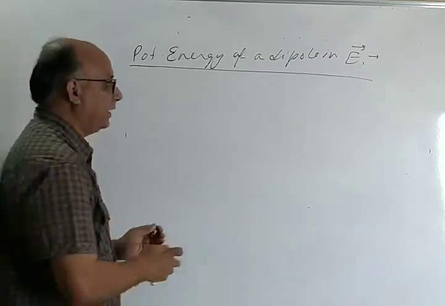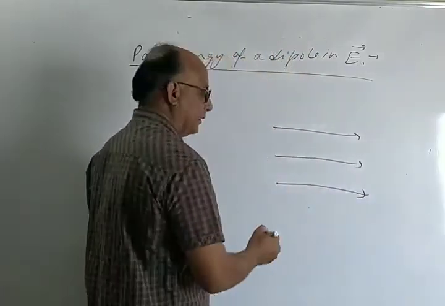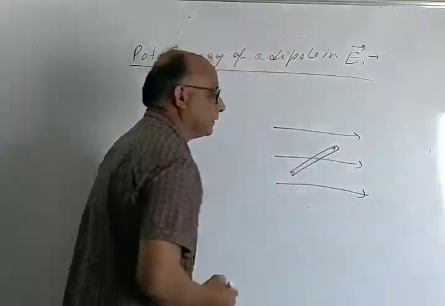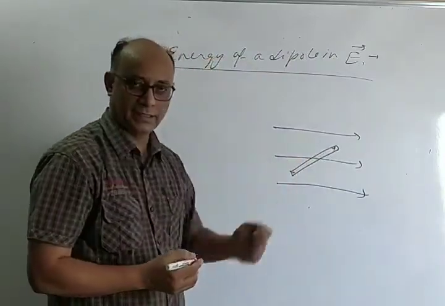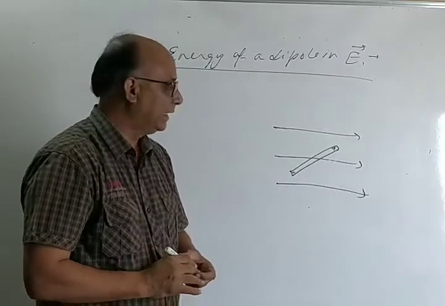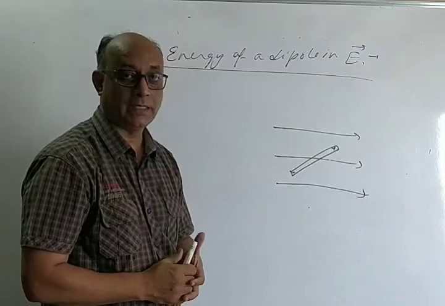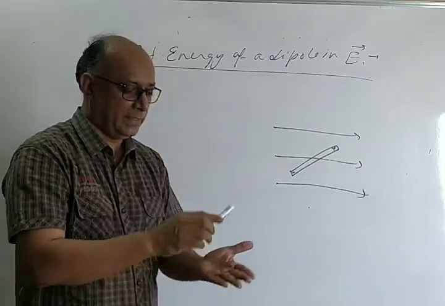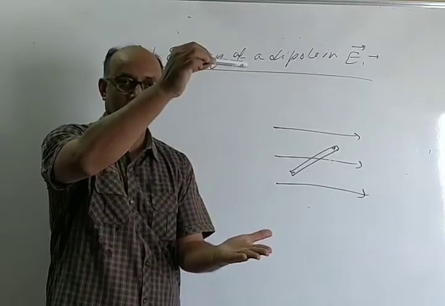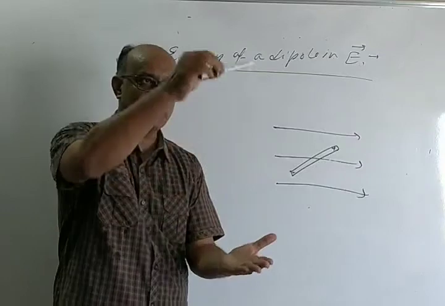So, if a dipole is placed here, this is plus, this is minus. इस डाइपोल को यदि आपने टर्न कर दिया तो वर्कडन करना पड़ेगा. अभी आपने कैलकुलेट कर लिया वर्कडन कैसे कैलकुलेट करते हैं. तो जो वर्कडन कैलकुलेट कर लिया वही इसकी पोटेंशियल एनर्जी होनी चाहिए. नहीं, see, इस पेन को मैंने यहां से यहां तक उठाया, मैंने वर्कडन किया, and the work done is suppose 2 joules.